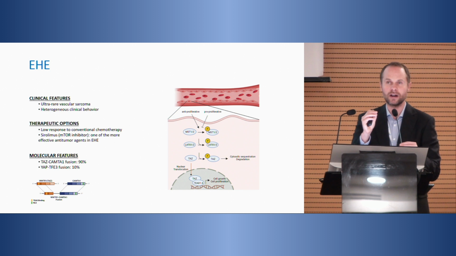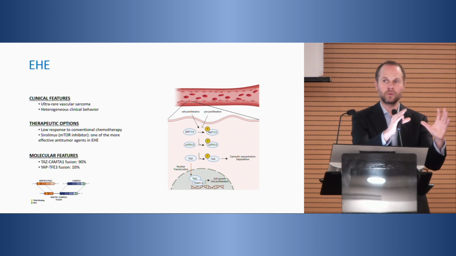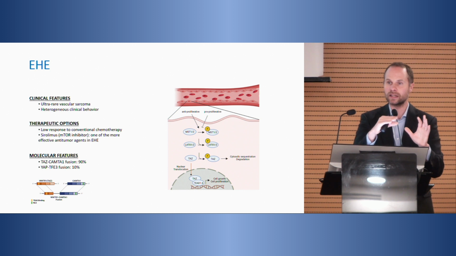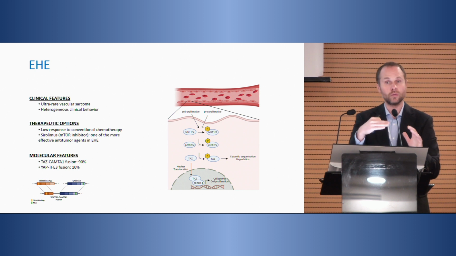Just to say that there is a very indolent form of the disease. There are some people with a tumor that can stay there for ages with no progression, and other people that can experience a very aggressive form with fast progression, symptoms that do not respond nicely to systemic treatment. So it could be very difficult. And there's no approved treatment at the moment.